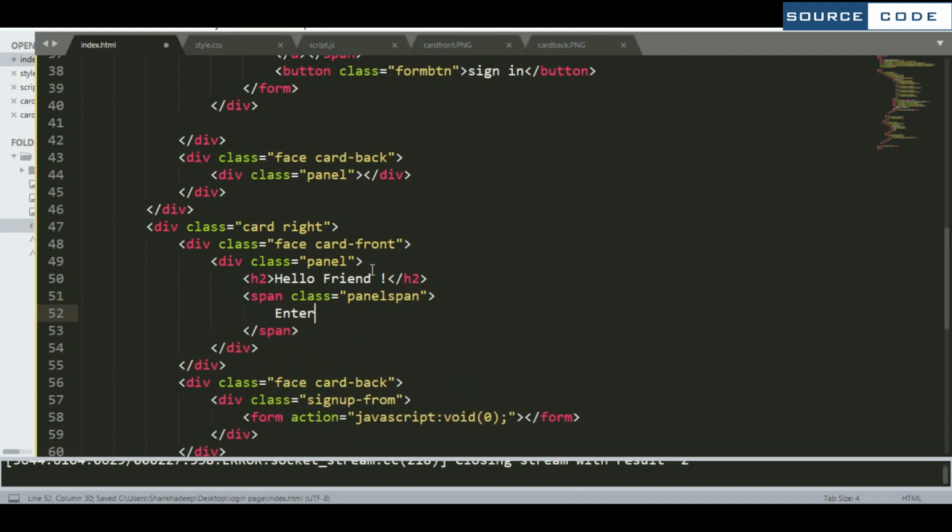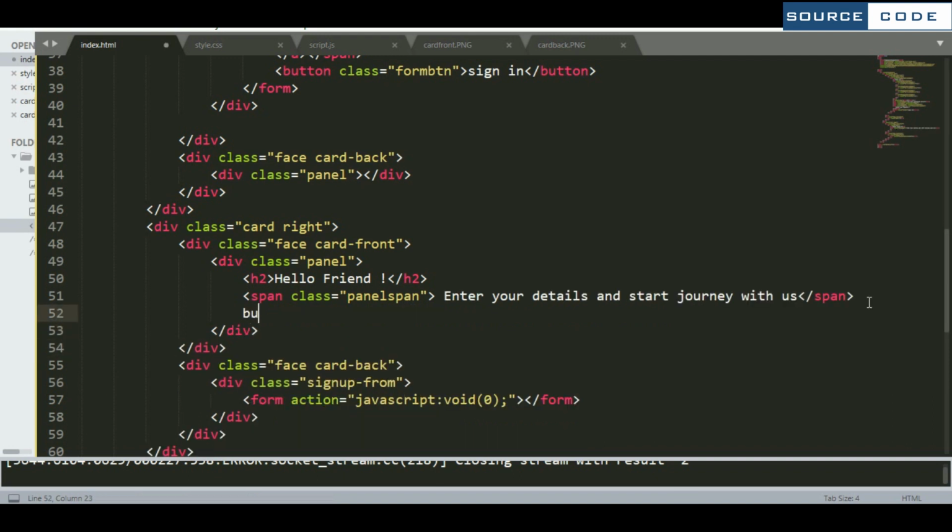So here we will put our message. So we need to define one button here. So we are all set now.